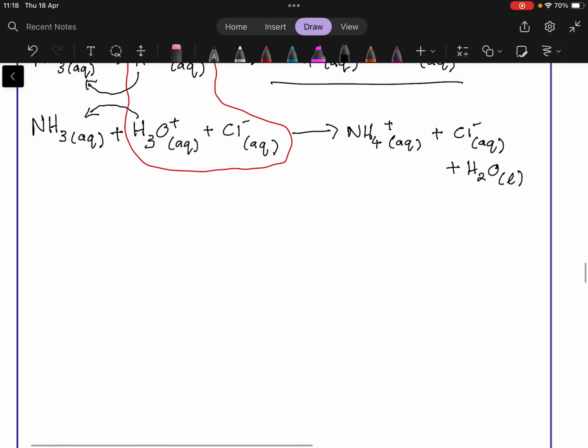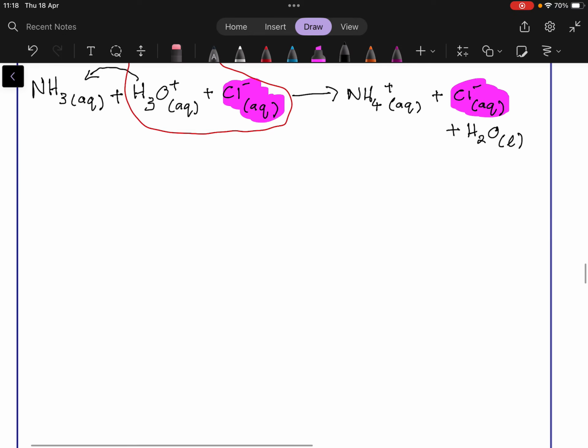But since it's strong, we need to look for things that are the same. So on the left-hand side, we have NH3. There's no NH3 on the right-hand side. On the left-hand side, we have H3O+. There's no H3O+ on the right-hand side. On the left-hand side, we have chloride minus, and we have a chloride minus on the right-hand side. So those two cancel. So in other words, our net ionic equation